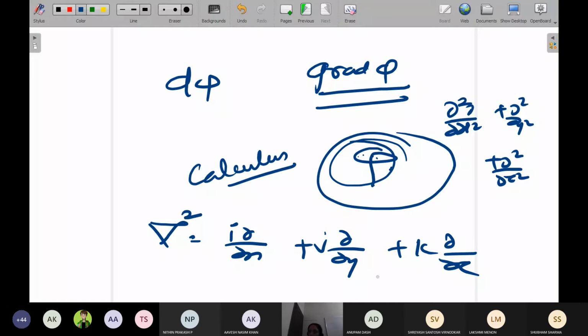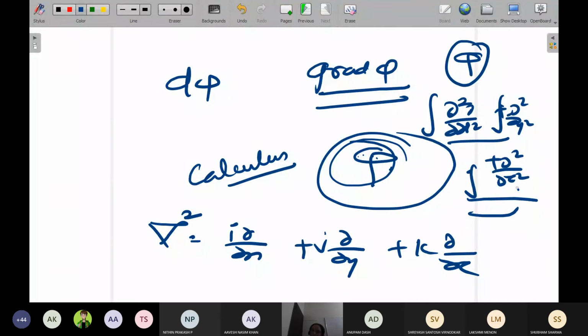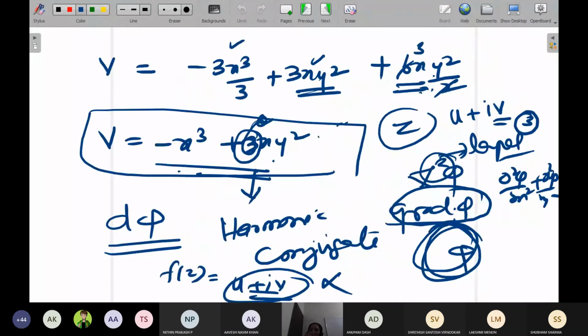So when you are integrating these terms, when you are finding this phi, same terms will come. So we will avoid those terms and we will write only one time. Yes or no? Same thing we are doing here. Nothing else. So whenever you are finding v from dv, just remember, don't write the repeated terms.